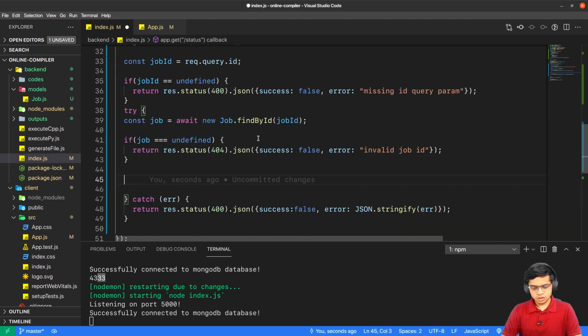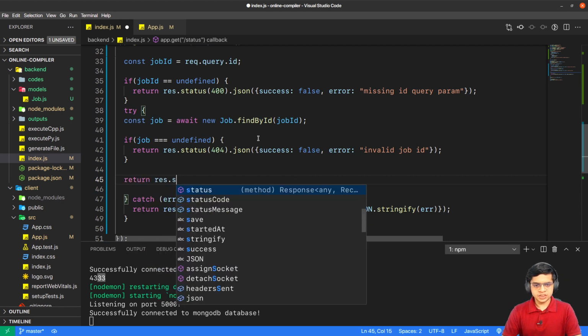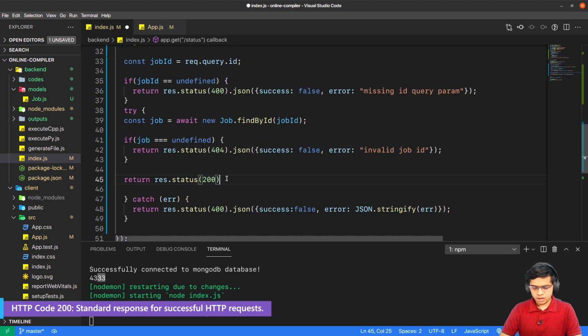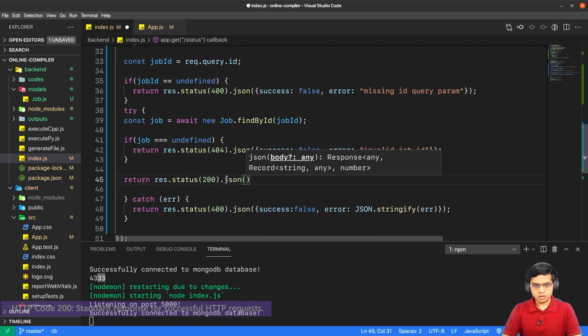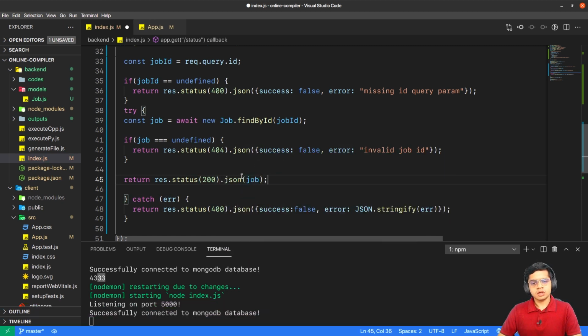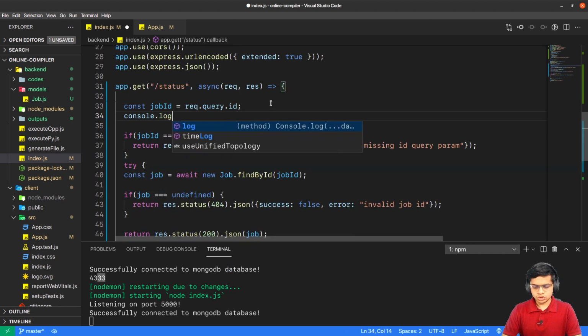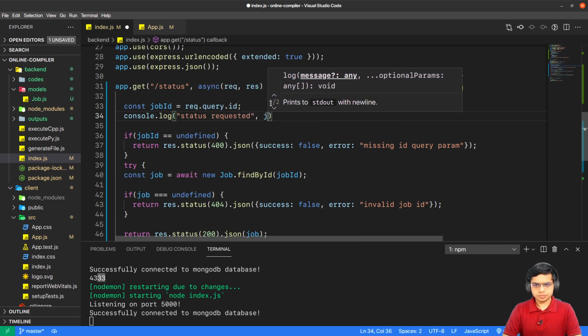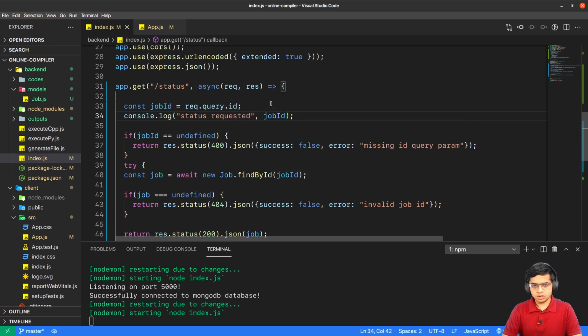So I'll send return res.status 200 success response, and I'll do .json and job. I'll also console log this. So console log status requested, job ID.